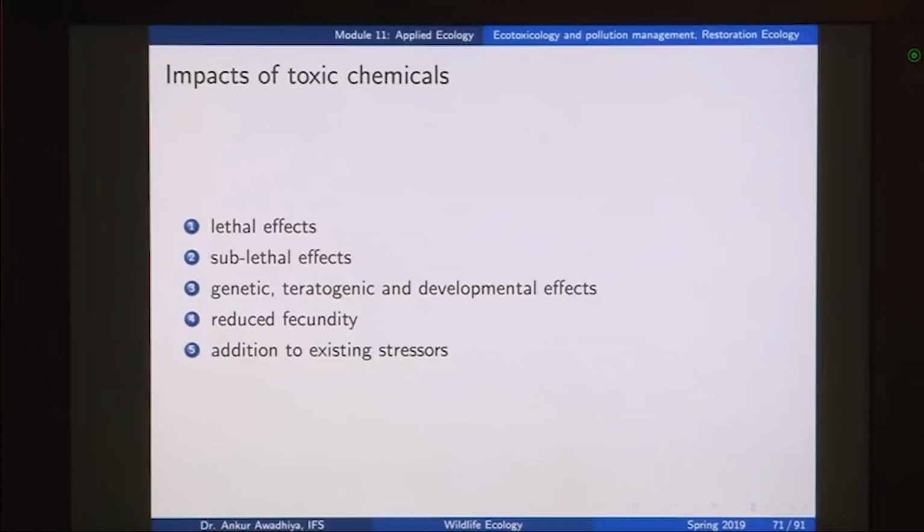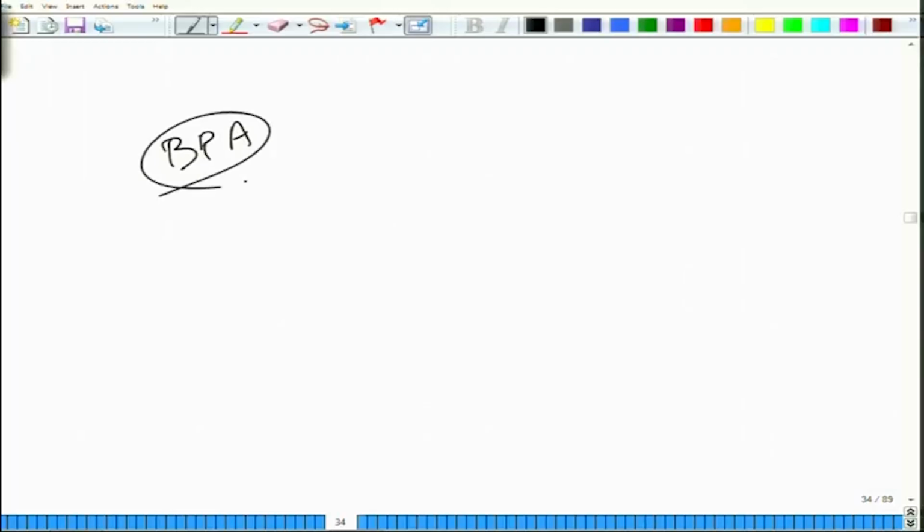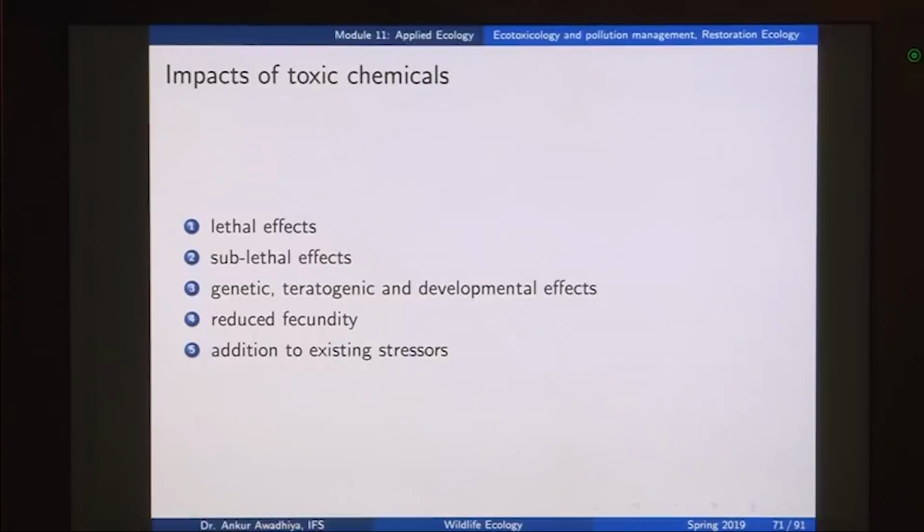So, as we have seen in the case of plastics, there is this particular chemical that is known as bisphenol A or BPA. Now, if you expose tadpoles to this particular chemical, it leads to a change in their sex. So, that is a particular developmental defect that this chemical is causing, or otherwise it can lead to a reduced fecundity in several animals. So, when you have a reduced fecundity, it means that the animals are not able to produce enough number of offsprings, the number of offsprings per individual reduces, and so the population growth rate reduces, which may further bring a population towards the brink of extinction.